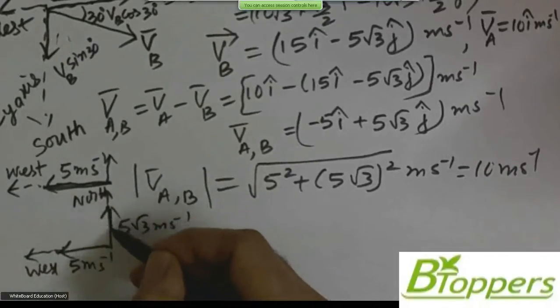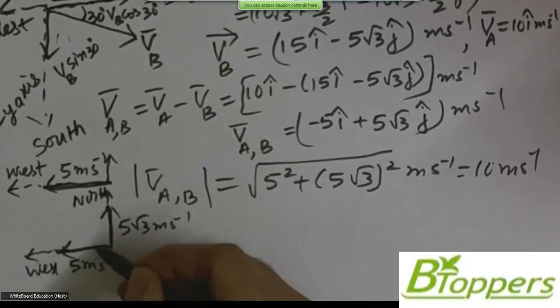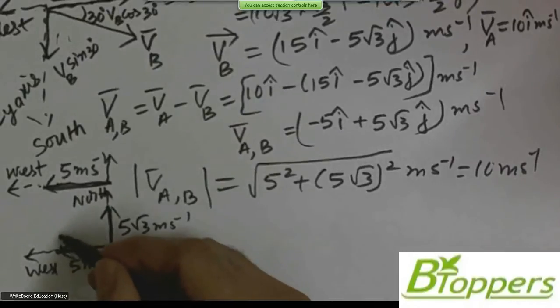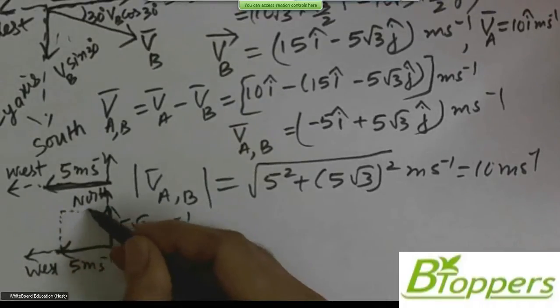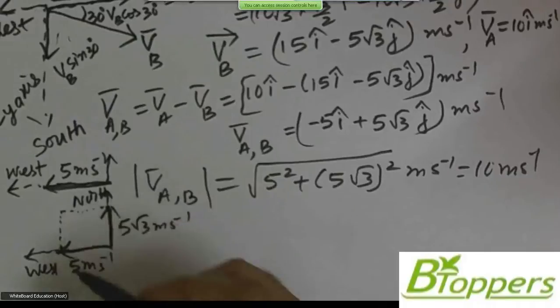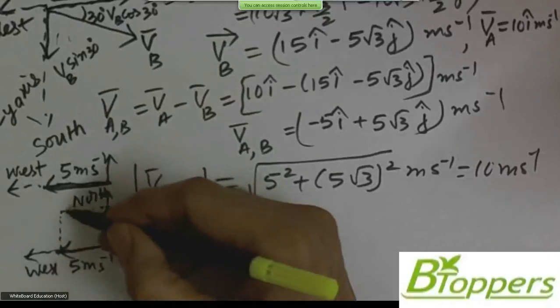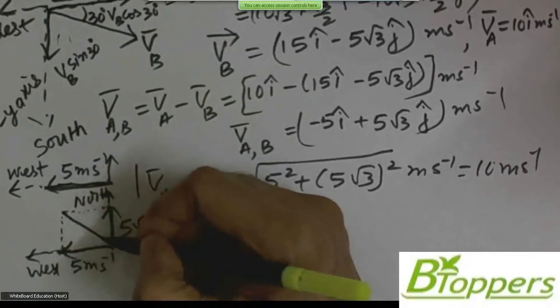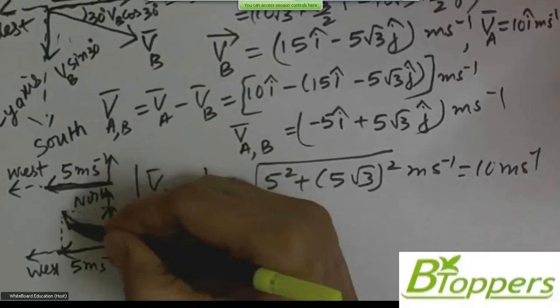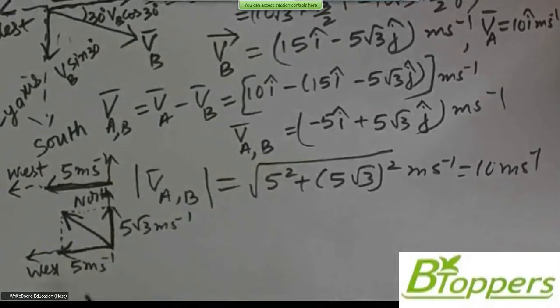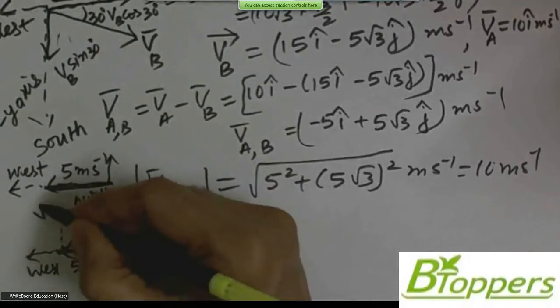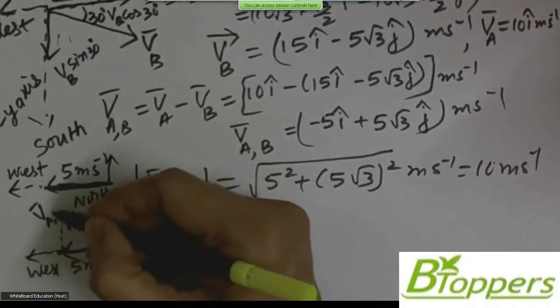So these are the two rectangles. This is the y component, this is x component. Show the directions and magnitudes. If you complete the rectangle by representing the two rectangular components of the vector by the adjacent sides, from parallelogram vector, the diagonal represents the vector. So this vector represents the relative velocity of A with respect to B,